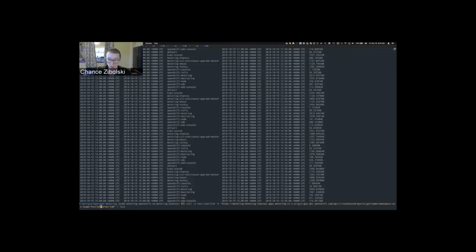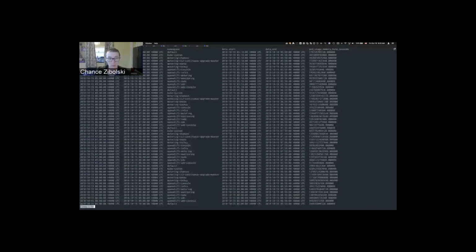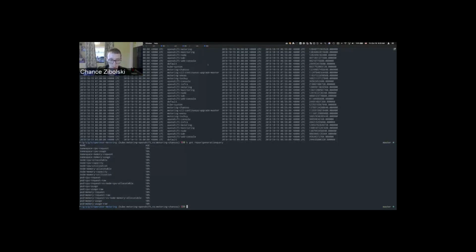We have that as well with memory. And you can see the same values, except it's in bytes, and it's a different set of values for these pods' usage information. So this is actually all coming from node exporter at the end of the day, and then Prometheus collects node exporter data, and we do some extra processing with the SQL and the Prometheus query to get it into this format. But that means basically that if we ever needed to change how it works, all we have to really do is modify one of these resources,